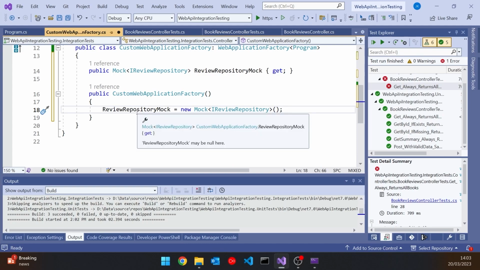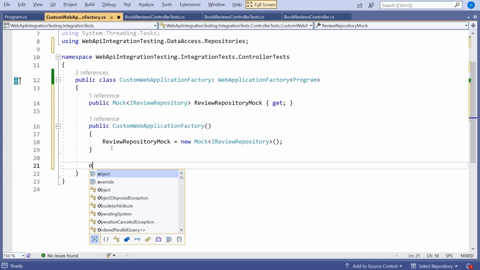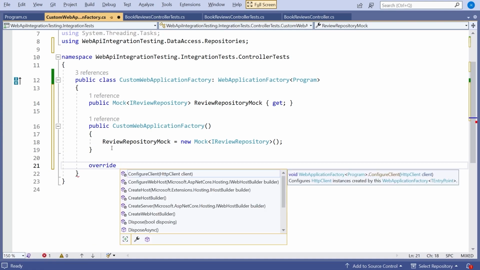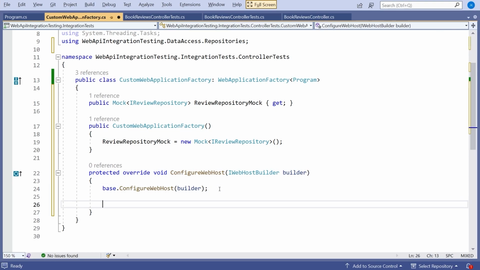But then the thing that's a bit different, inside this web application factory, we're going to override a method called ConfigureWebHost. And this is where we can override the default dependency injection configuration that it picked up from the Program here, and we can provide our own because we want to use this mock object.